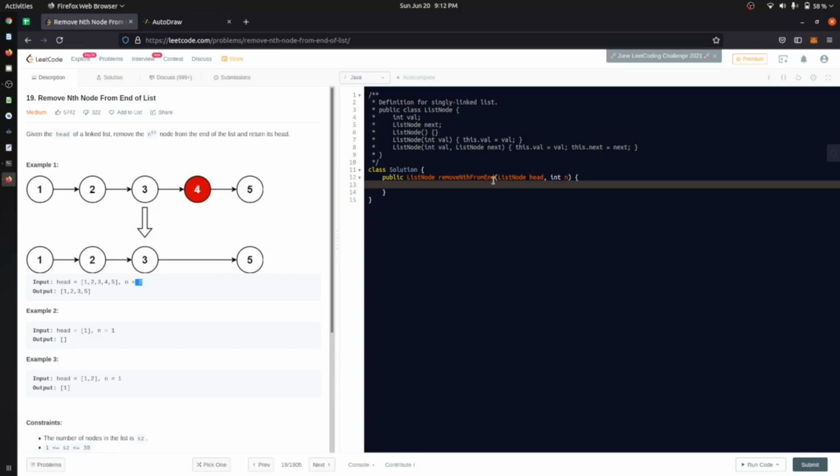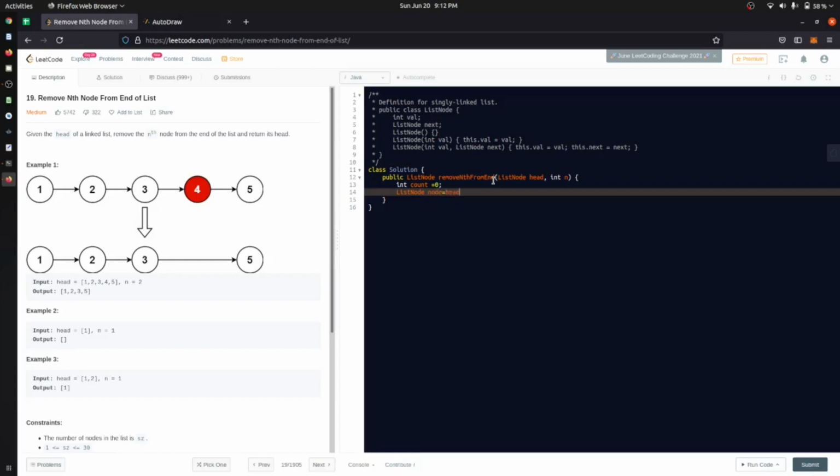Okay, firstly what we will do is count the number of elements. int count is equal to 0. It will count the number of elements. Then we'll do ListNode node is equal to head.